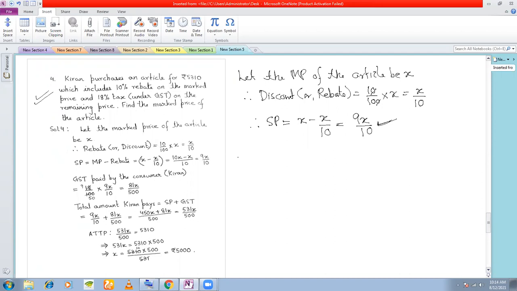But here there is no concept of output because there is no chain here. Okay. So we'll simply calculate the GST. And there is no concept of CGST and SGST because the concept of CGST and SGST comes when you have a chain. Okay. When you know who is buying from whom. Okay. So therefore, GST paid by Kiran or GST received by the seller